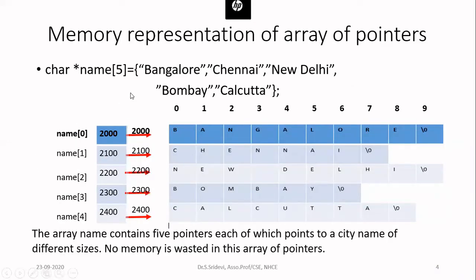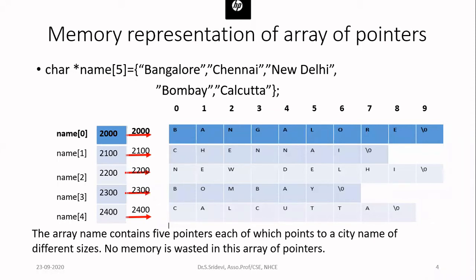So if I tell you simply create a pointer, you will write star PTR. And the data type here, it is going to point to character. So you will write char star PTR. That is for a simple pointer. But now I want to create an array of pointers. So the syntax for array of pointers is: write the data type followed by star, to represent that it is a pointer variable, then the name of your variable. Then within square brackets, you tell how many pointers you want to create in the array. So here I want to create 5 pointers because I need to point to 5 different cities.